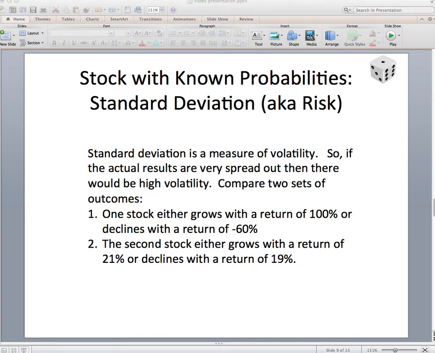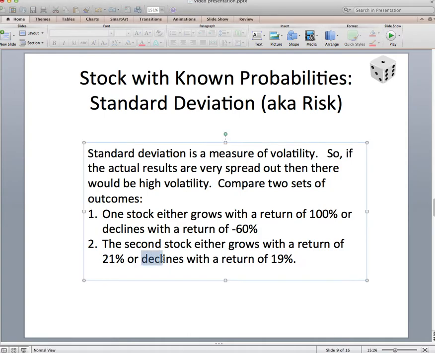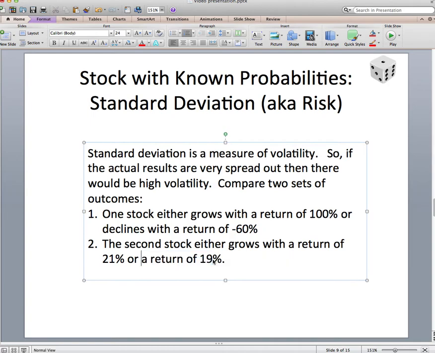Now we're going to look at the standard deviation, which measures volatility. So if the actual results are very spread out, then there would be very high volatility. And let's compare two different sets of outcomes. One where a stock either grows with a return of 100% or declines by 60%. So up by 100 or down by 60. The second stock either grows by 21%, or, I should say, instead of declines, has a return. Let's say has a return